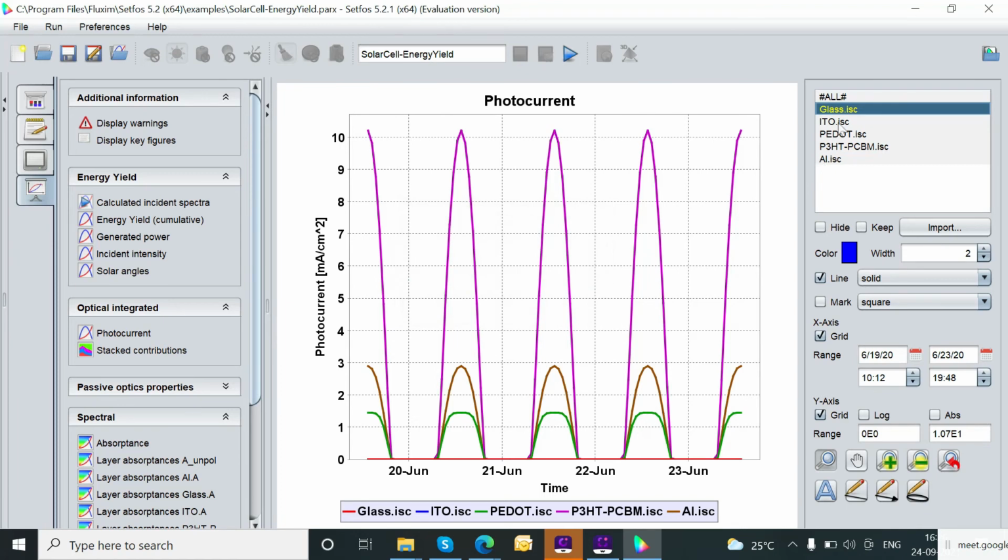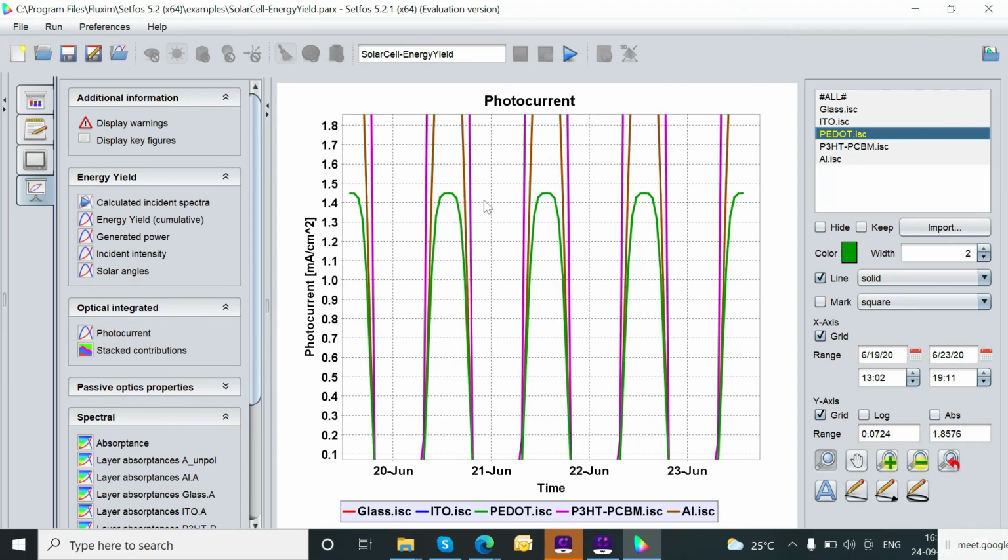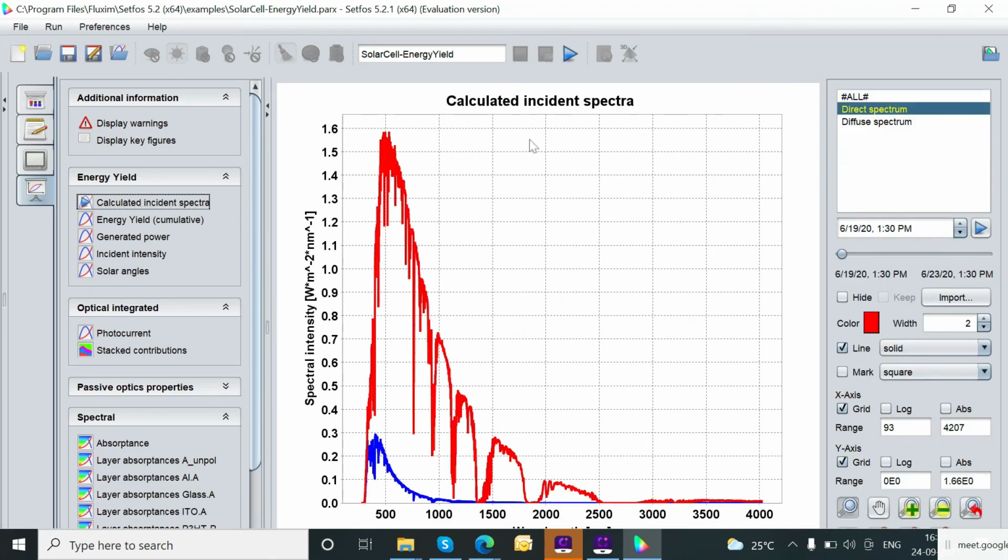Illumination spectrum is set with the time. So here you can see that 14th June we have set this time limit, latitude, longitude, elevations, time zone that we have activated. That's why the swapping is the time with particular every interval. So after every interval, how the output will be changed on which different date and time. So this is ISC, photocurrent ISC analysis for glass layer.